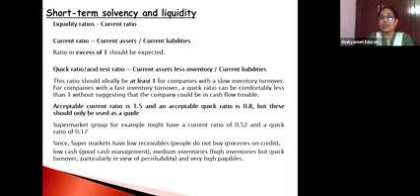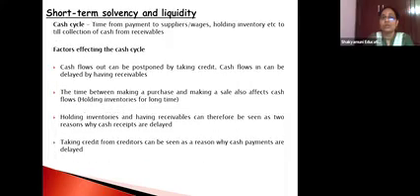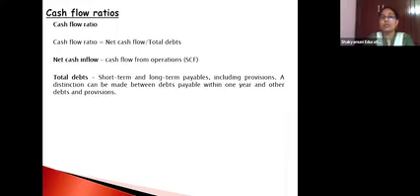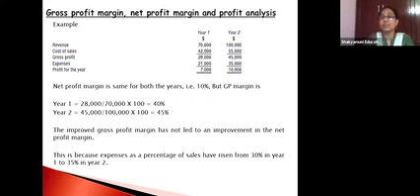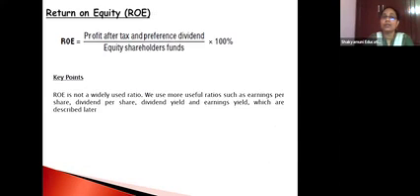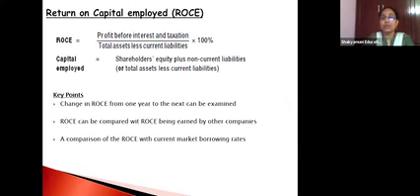And short-term liquidity ratios also include the current ratio. We looked at the current ratio and quick ratio, right? And we have also looked at the gearing and leverage concept, then GP and NP margins, and then return on equity and return on capital employed. So these are all the ratios. In our next session,